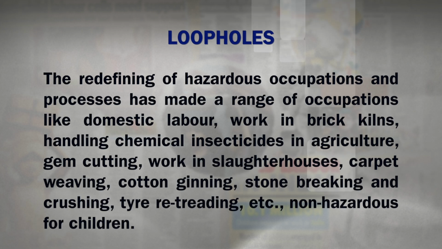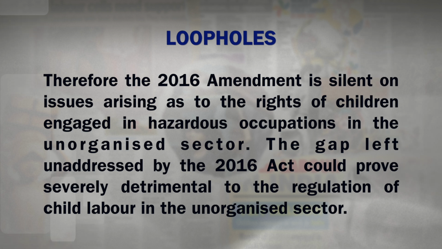The redefining of hazardous occupations and processes has made a range of occupations like domestic labor, work in brick kilns, handling chemical insecticides in agriculture, gem cutting, work in slaughterhouses, carpet weaving, cotton ginning, stone breaking and crushing, tire retreading, etc. non-hazardous for the children. Therefore, the 2016 amendment is silent on issues arising as to rights of children engaged in hazardous occupation in the unorganized sector. The gap left unaddressed by the 2016 Act could prove severely detrimental to the regulation of child labour in